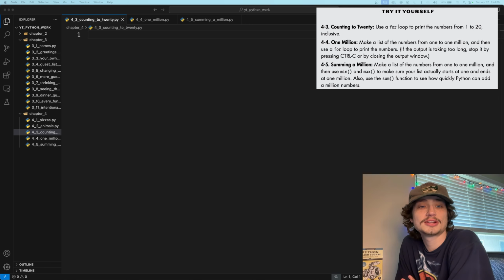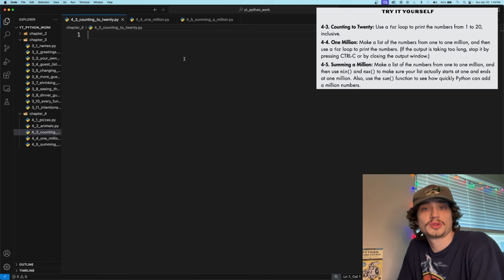Alright, jumping into 4-3, Counting to 20, we are tasked to use a for loop to print the numbers from 1 to 20 inclusive. So we're trying to include all the numbers of 1 to 20, where 20 will be included in the range. Python makes this really easy for us with the built-in range function. We're going to use a for loop to iterate over this range object and print the values that are within